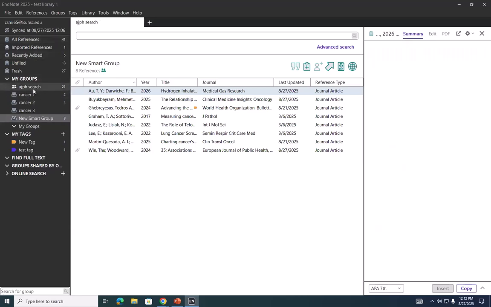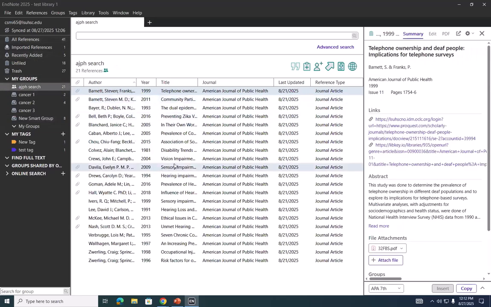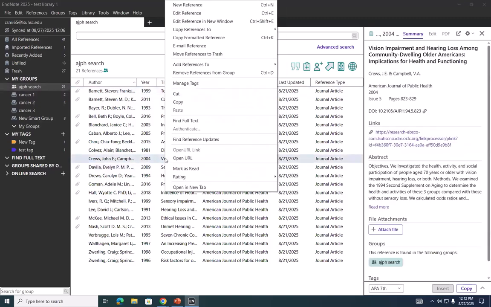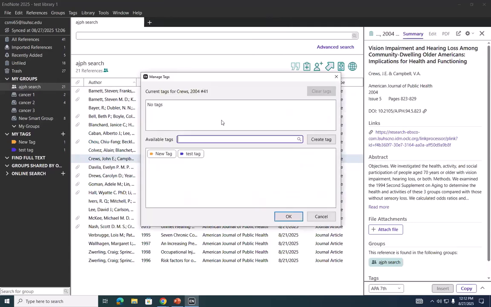And how to tag an article. So let's say I'm working in this group and I'm reviewing the literature to see if I want to include this in my paper or not. You can right-click on a citation. Oh, they changed that. Oh, Manage Tags. There we go. Manage Tags, and you can choose from an existing tag or create a tag right here